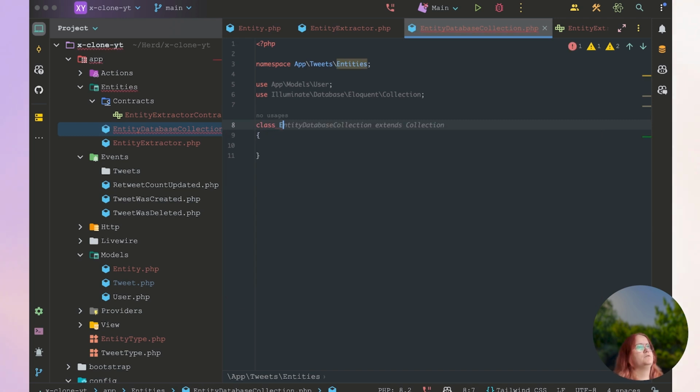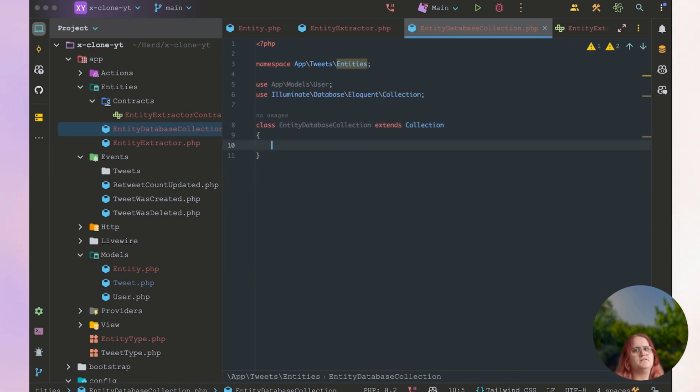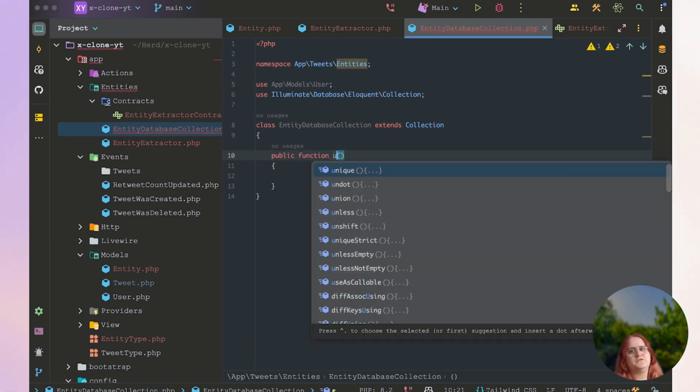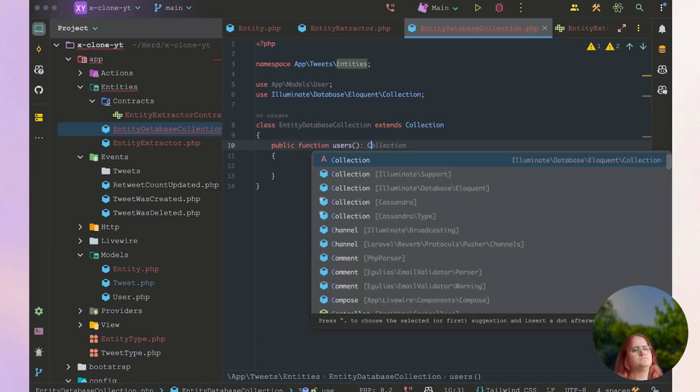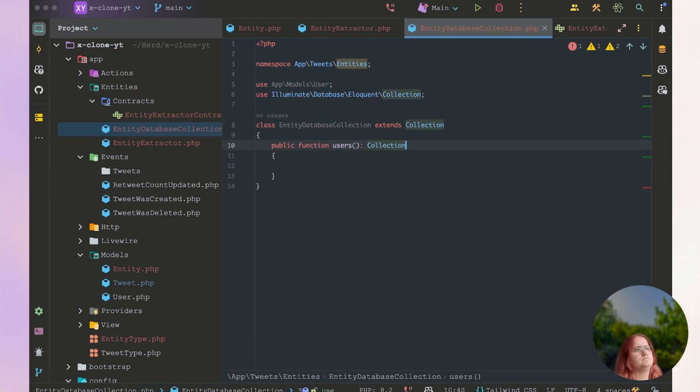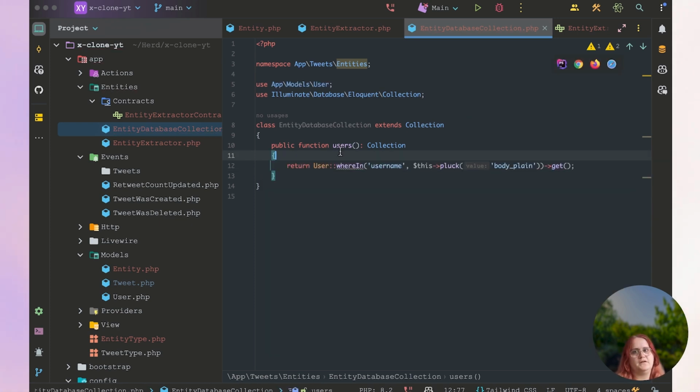A class called entity, database collection, access collection. We want a public function users collection, return user way in, and then we block the body plane here. So what we want to go ahead and do now is inside our tree,